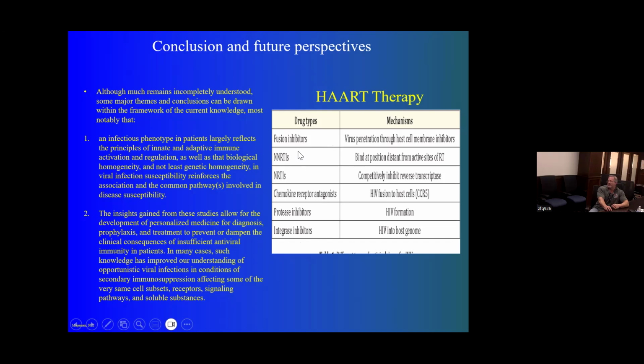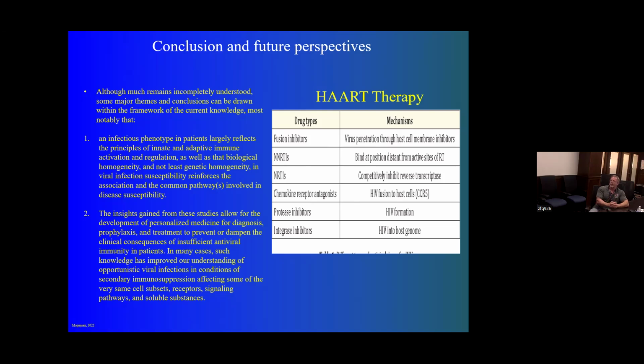And we do see this even in HAART therapy. Eventually, the HIV virus does adapt to these drugs and they largely become ineffective. But what we have found is that by varying the drug types and by changing up the therapy, we can take the utility of these drugs, which initially was only maybe a few years, but now because of our understanding of how the virus replicates, and because of our understanding of how some of the inborn errors of immunity and these genetic deficiencies function, we've now been able to take this HAART therapy from only being effective for maybe a couple of years to where it can now be effective for 2 or 3 decades.